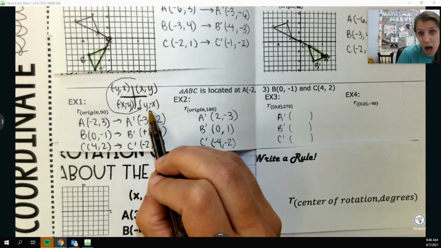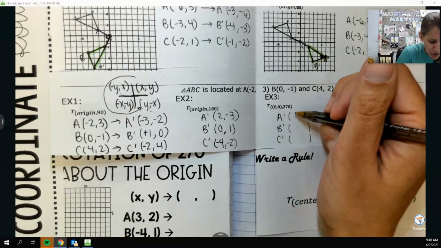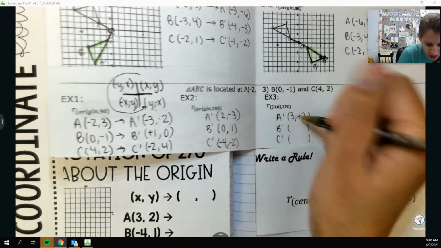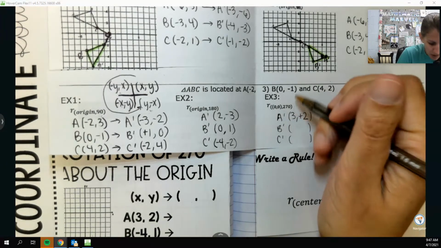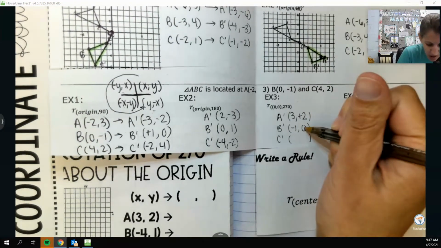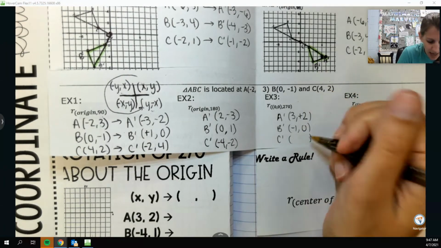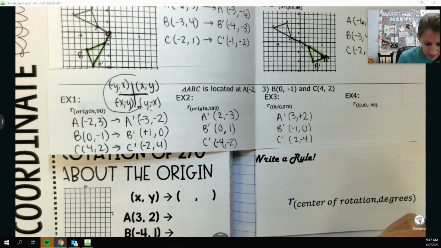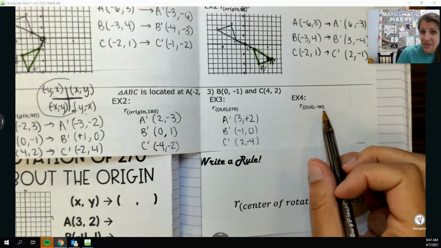So I'm going to swap and then change the sign of the second number. So if I take A and swap it and then change the sign of the second number, 3, 2. B, I'm going to swap and change the sign of the second number, but I can't because it's 0. And then swap and change the sign of the second number. There you go. And last but not least, if I still rotate around the origin, but now I go -90,